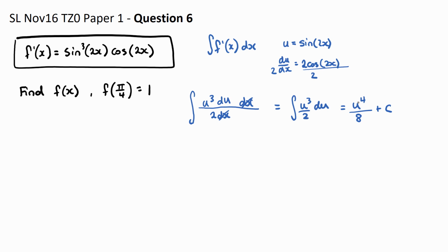Okay, so I've integrated in terms of u. I'm now going to substitute my u back in. So therefore I have sin to the power of 4 of 2x over 8 plus c. That's what my function will equal because I've integrated. And to find c, I want to use this bit of information given in the question. So if I sub in 1 for y and pi on 4 for x, what I'm going to get is 1 equals sin to the 4 of 2 times pi on 4